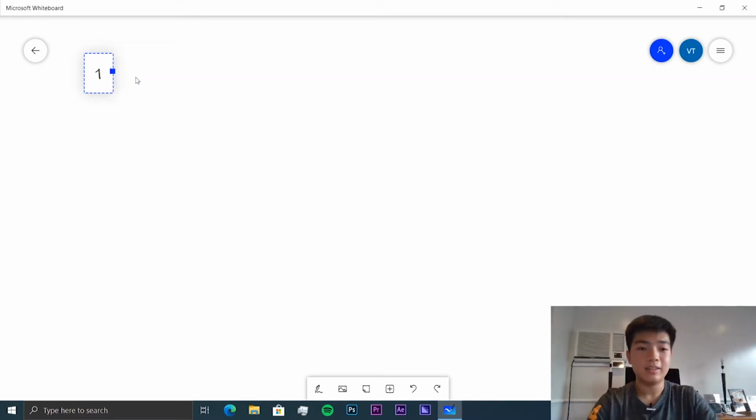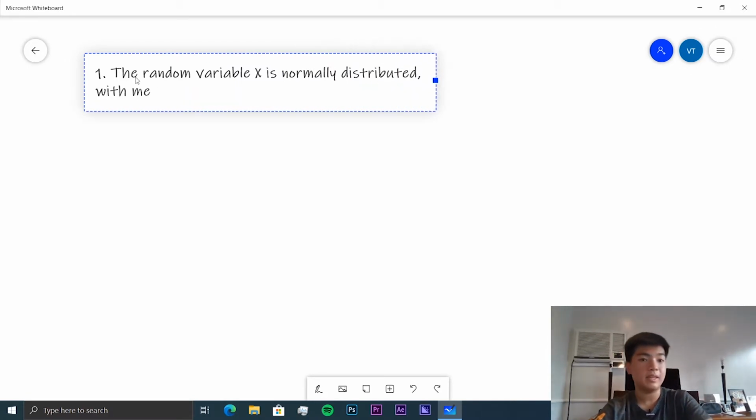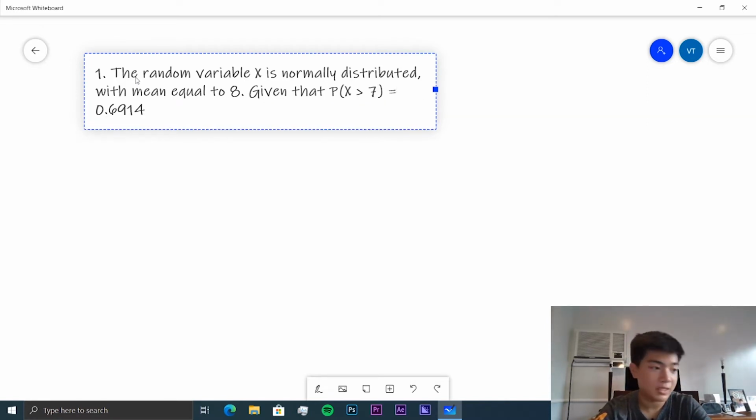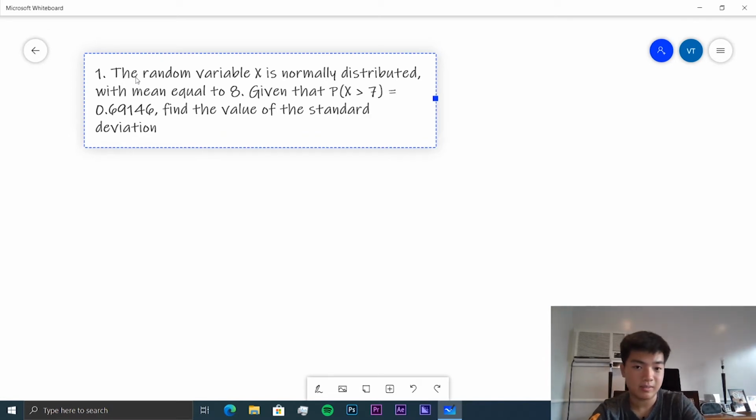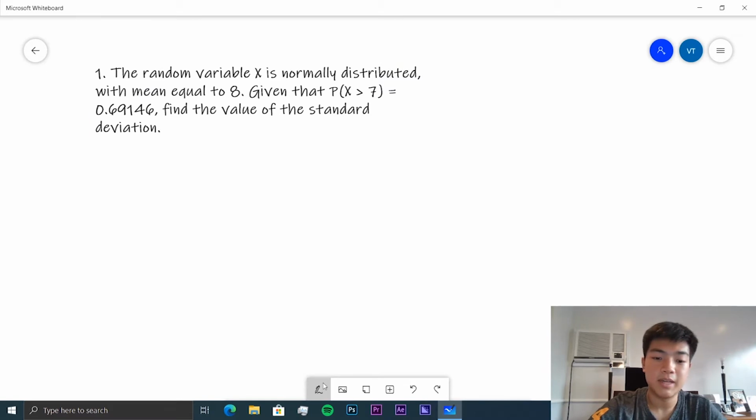So let's go. First, the random variable x is normally distributed with mean equal to 8. Given that the probability that x is greater than 7 is equal to 0.69146, find the value of the standard deviation. So, knowing this, we know